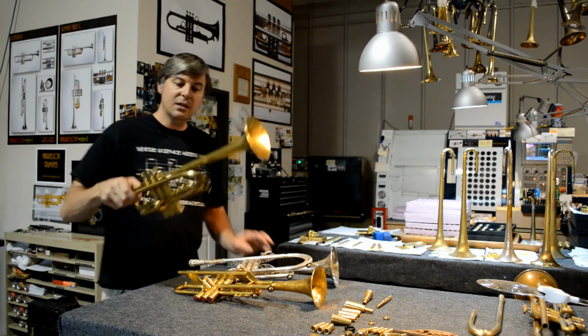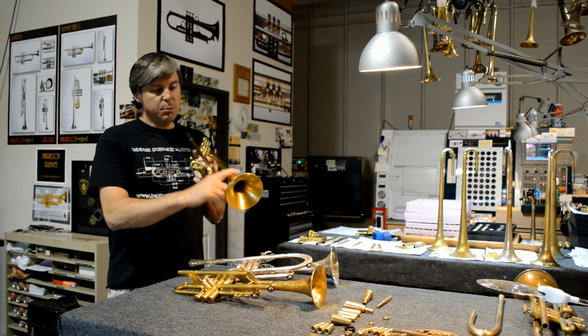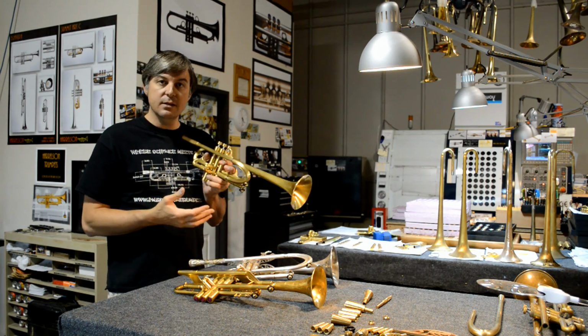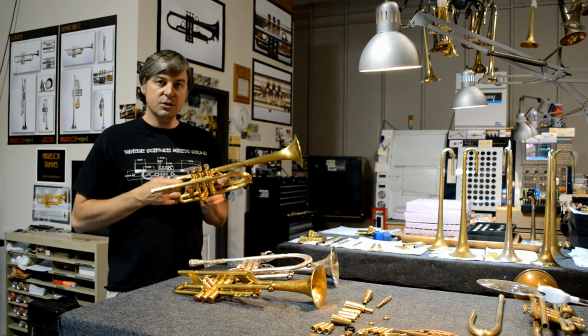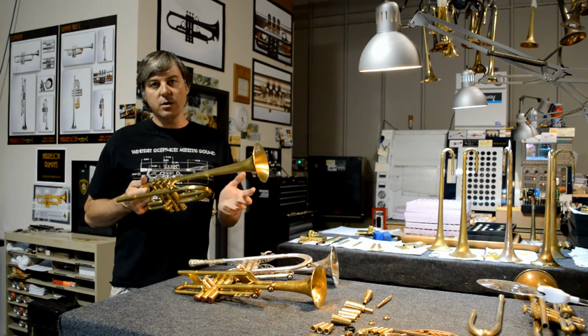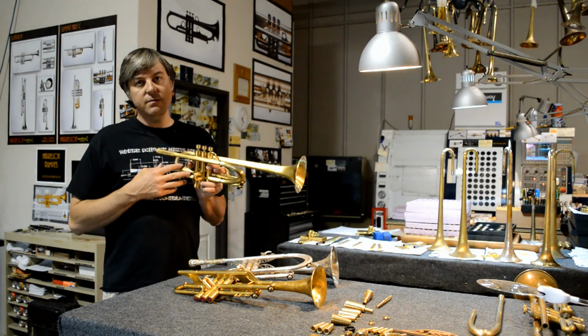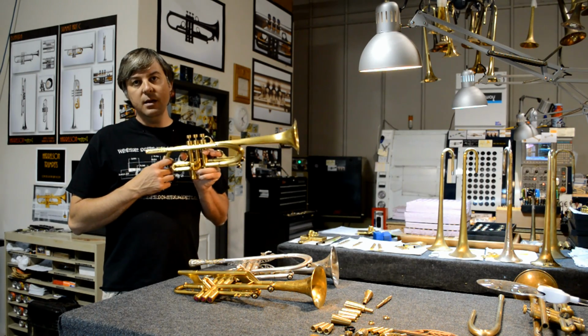Now, we didn't discuss lacquer, the last bit. When you lacquer a trumpet, depending on the type of lacquer and how thick it is, it'll improve the efficiency of the instrument, and in most cases, most people will hear it to be a little darker. So if you have a lacquered instrument today and you strip the lacquer off, it will most definitely play less